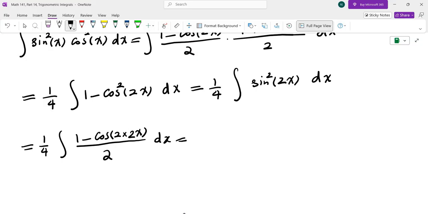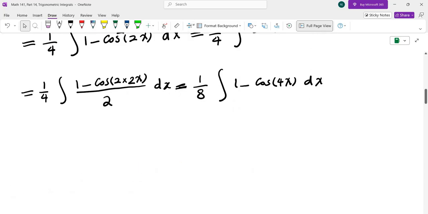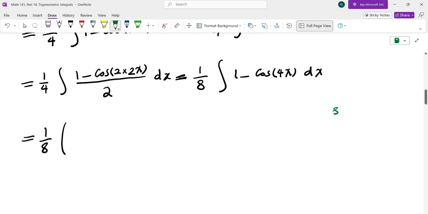So it's the same formula, except that we're applying that for the angle 2x rather than angle x. So we're going to take out 1/2 from the inside. We get 1/8 integral of 1 minus cosine of 4x dx. And then we can apply either the u substitution, or we could say, well, integral of cosine of 4x is